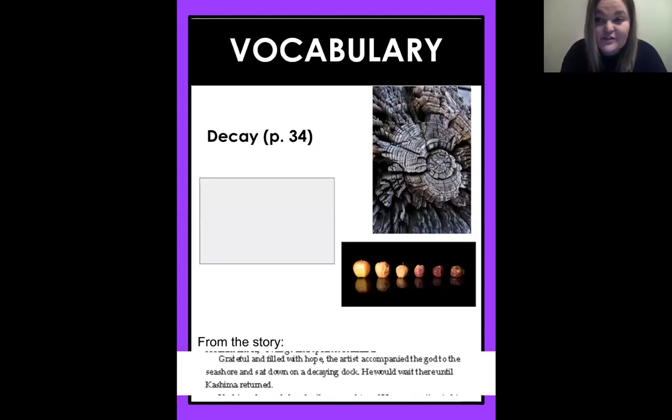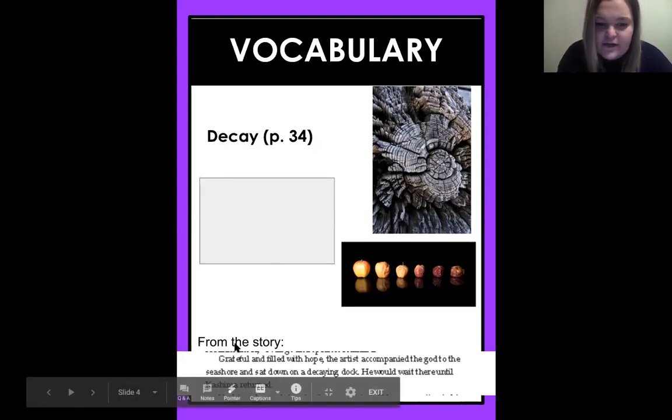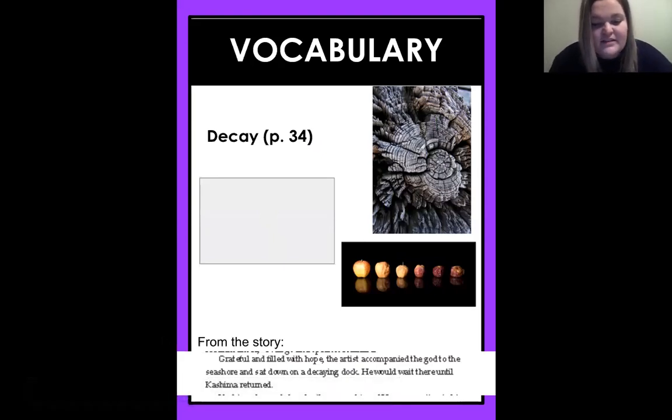So first off, we're going to start with some vocabulary. So we have this word right here. Do you know what it says? You see that prefix de-cay. So it's decay. So let's look at what it says in the story. "Grateful and filled with hope, the artist accompanied the god to the seashore and sat down on a decaying dock."